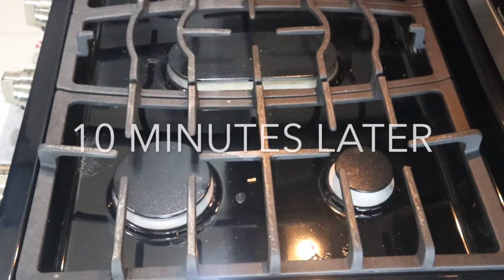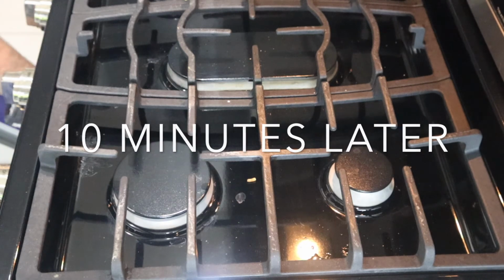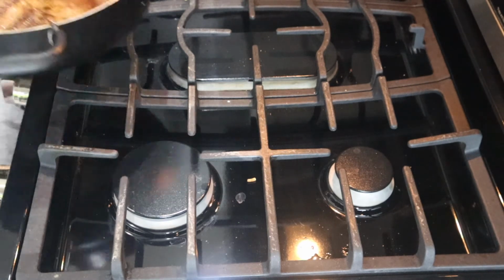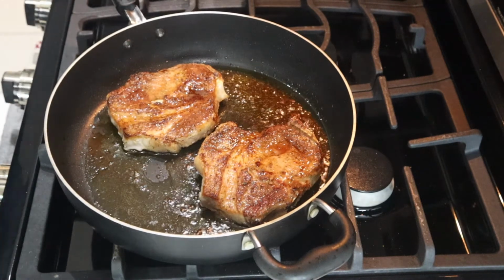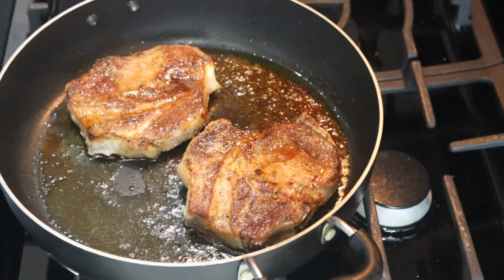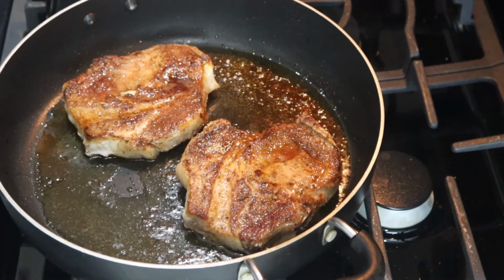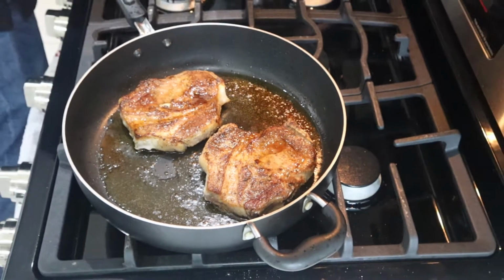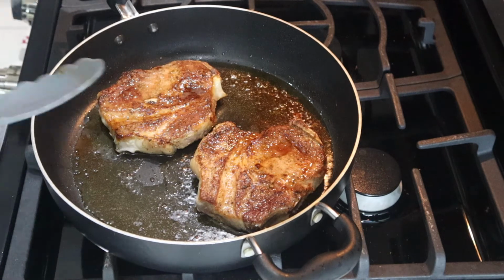It's been about 10 minutes, so let's check out this pork. Oh, it already smells delicious. Right here it's cooked on both sides. You have a lot of juice in there, caramelization on both sides, so we can turn the oven off. We no longer need that. So what I'm going to do is take the pork out of this pan,